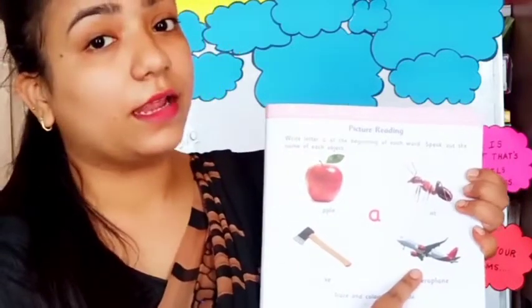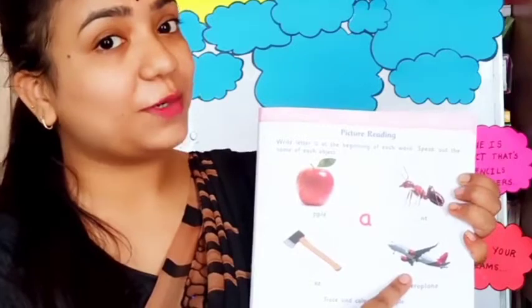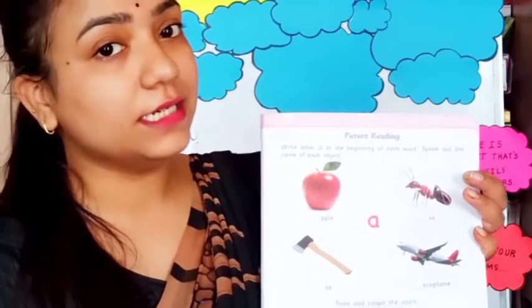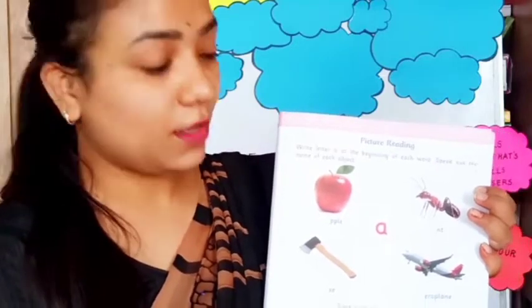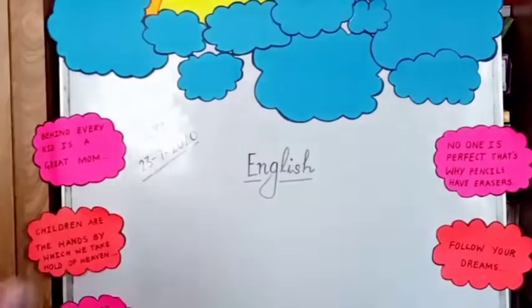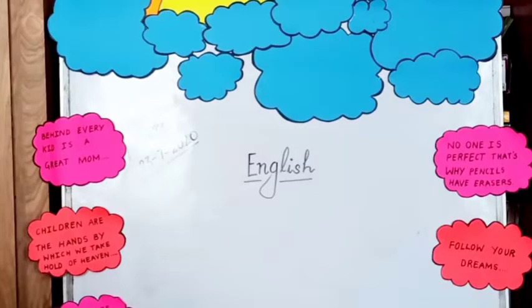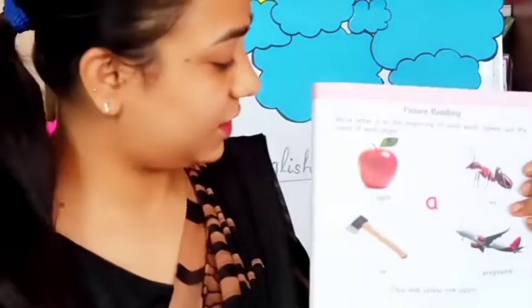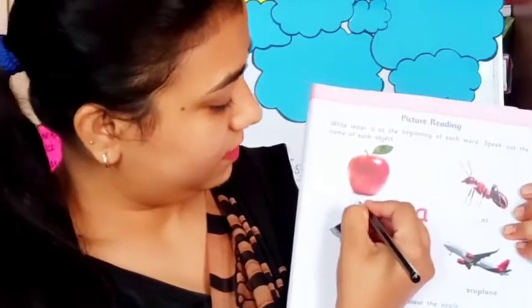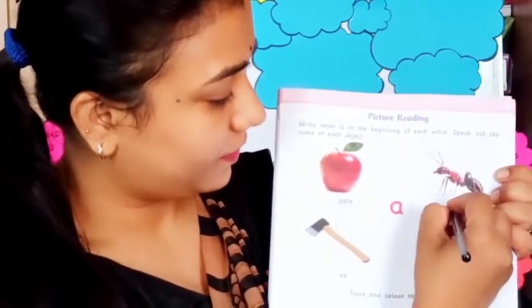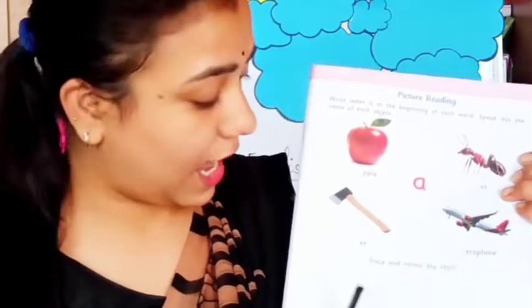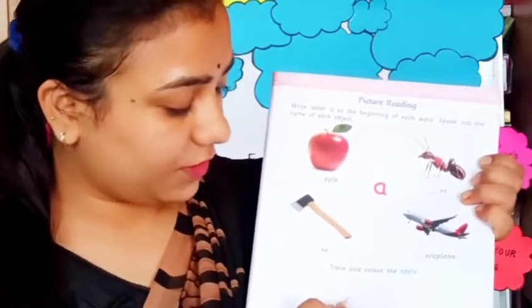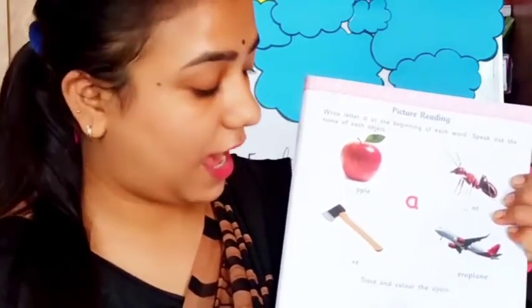This is aeroplane. A is for aeroplane. And aeroplane also starts with the letter A. So here also we will write letter A. Okay? Wait. Miss will also write. Children, see, letter A and A. And you have to color this apple. Firstly you will trace it, and then you all have to color this apple.